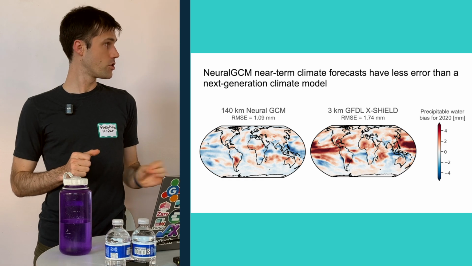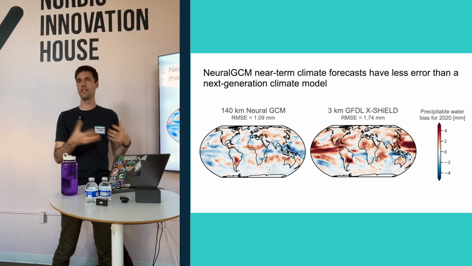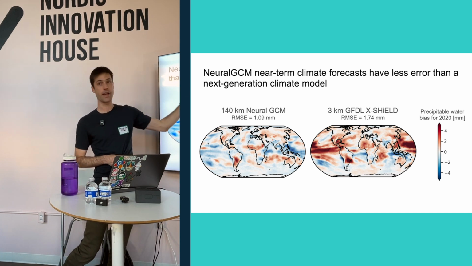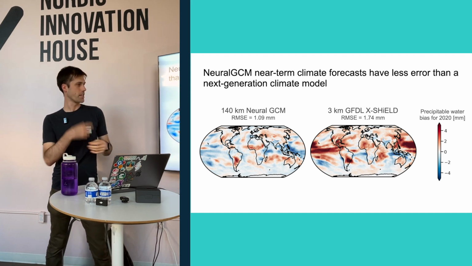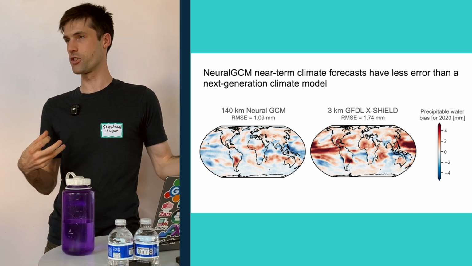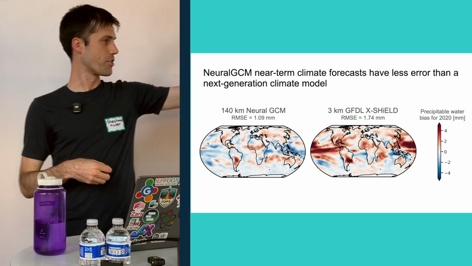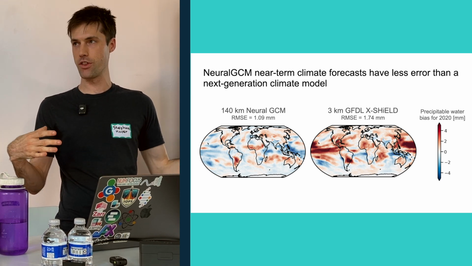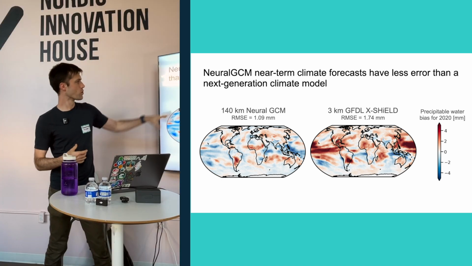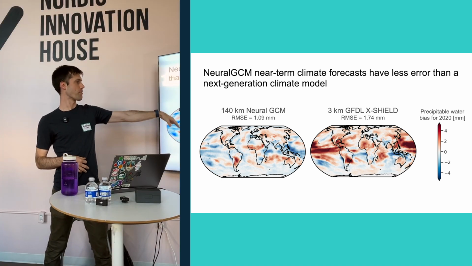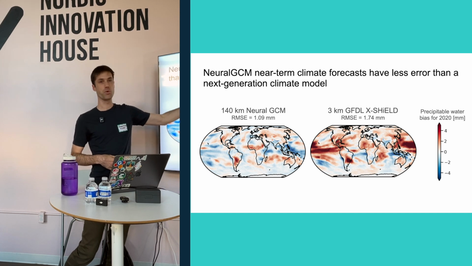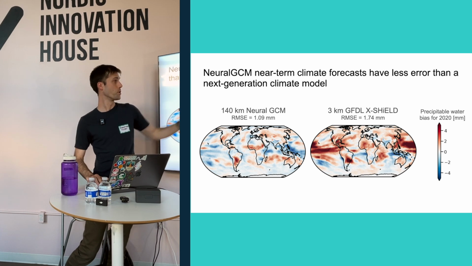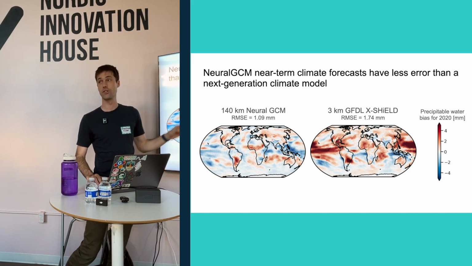So we compared to some climate models, sort of in development climate models from NOAA. This is a model called X-SHiELD, and this is kind of a next generation climate model. It's a 3-kilometer resolution model, so it's a really high resolution grid, a very detailed picture of the Earth, very expensive simulation. And NeuralGCM is able to reproduce the average amount of moisture in the atmosphere with about 30 to 40% less error, which is pretty exciting for climate scientists that have been building these models for a very long time. And this is very hard, to reduce these errors.